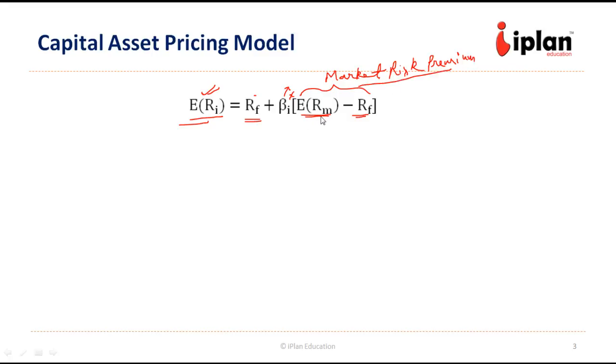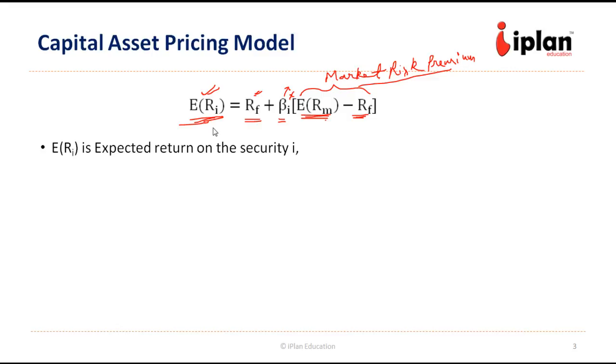So this number is because of the risk associated with market portfolio, what extra return from risk-free return an investor should expect. So this is market risk premium, and since beta is a coefficient which standardizes the systematic risk, this will tell us the asset is how much more riskier than the market. If it is same riskier as the market, then we can put just value equal to 1. If it is more, then accordingly we can increase the value. Then we add to the risk-free rate in order to get the expected return on the asset.